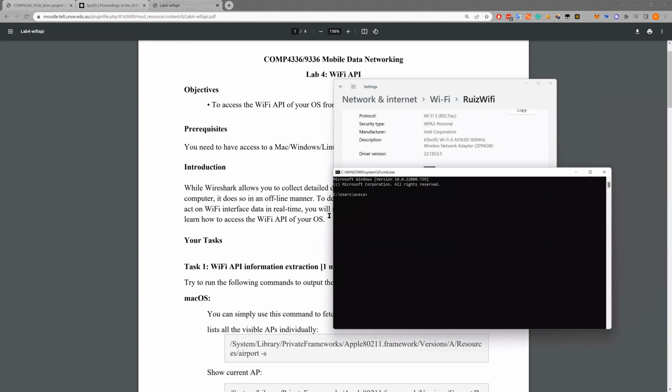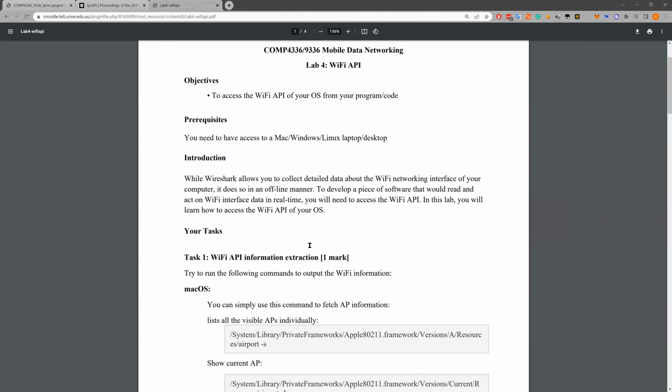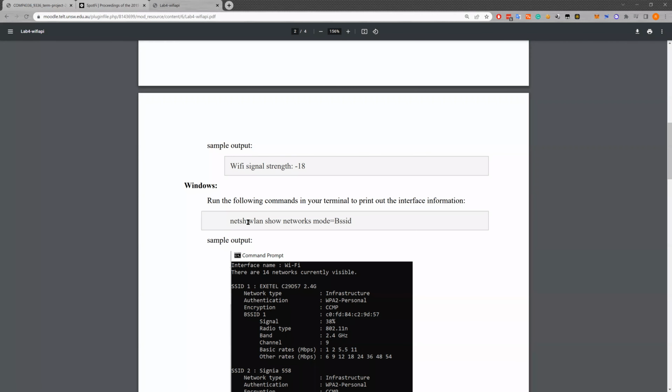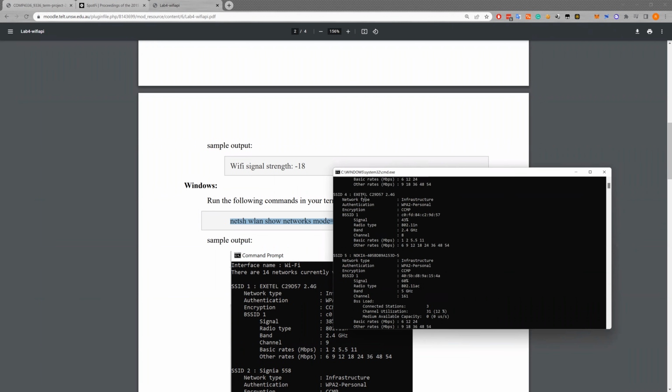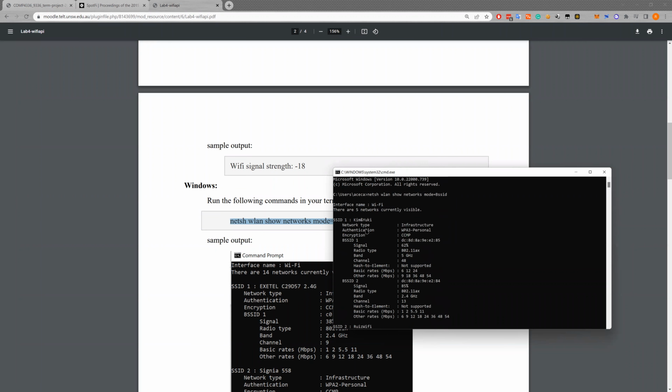In task 1, we use this command. Just copy this one and paste. And you can see in the terminal, we can fetch the information for the Wi-Fi. For example, this one has this much signal. As you can see, this